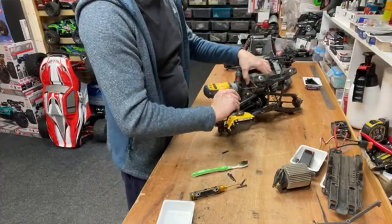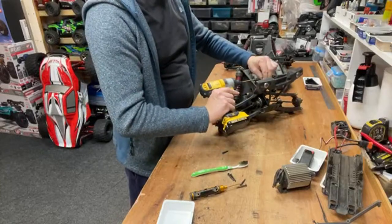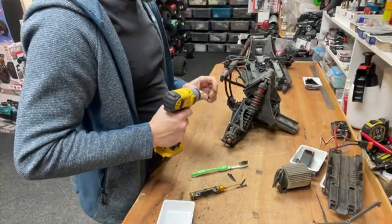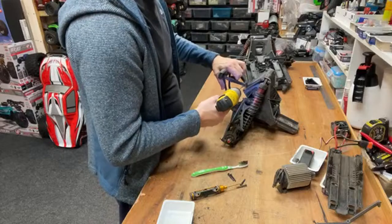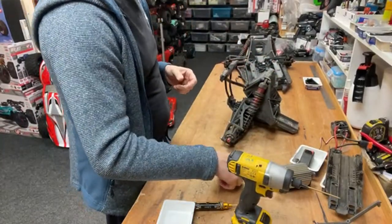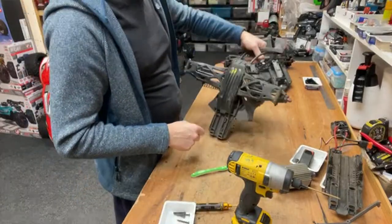Is UDR worth it? Depends on the individual. Some people say no, UDR sucks, Mojave is much better. It depends what you want to do with it. I love my UDR, one of my favourite RC cars. I actually prefer the UDR over the Mojave. Not for durability,